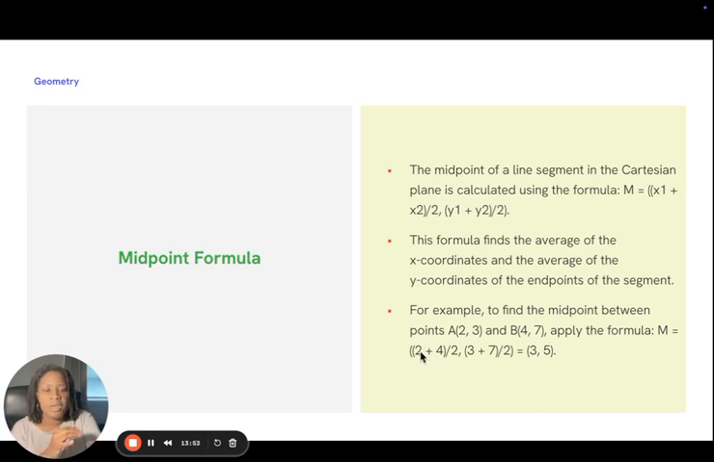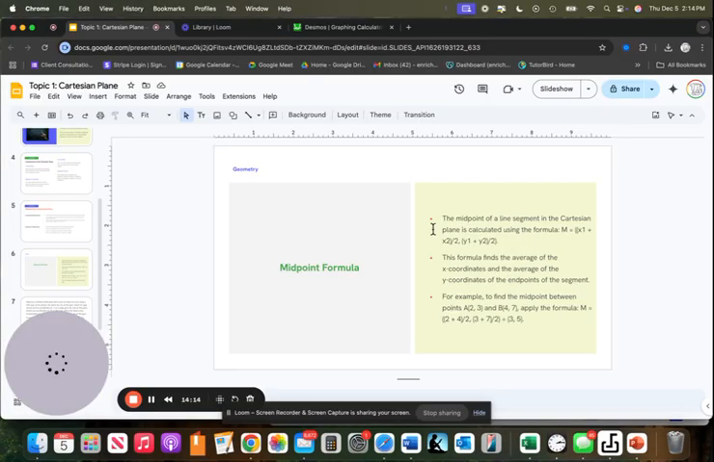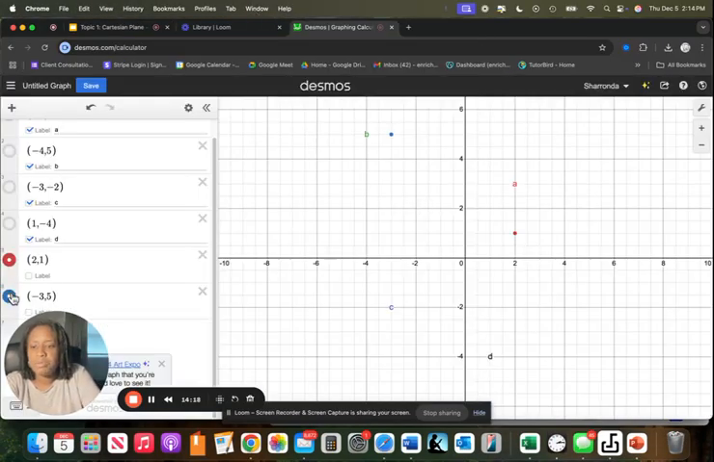And so we have 2 and 4, 2 being your x1, 4 being your x2. Add them together, divided by 2, we get 3. And then we do the same here. We have our y1, y2, 3 and 7. 3 plus 7 equals 10, divided by 2, you get 5. So if we were to plot those points in decimals,